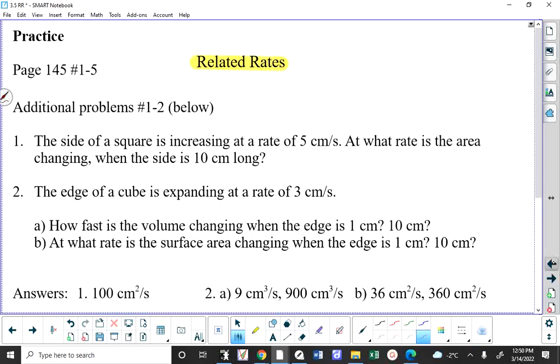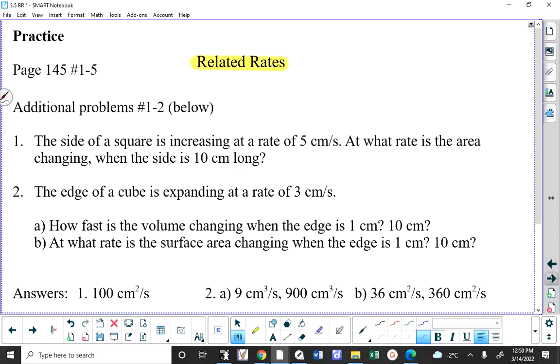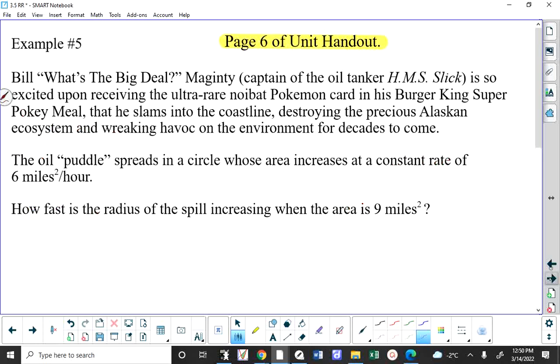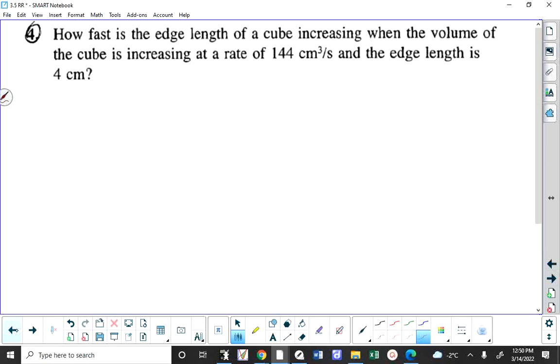That's the second step. The third step says solve the differentiated equation for what we're trying to find. And then below it, it says you're not allowed to put values for the variables until after you differentiate. So in most, I might say in 99% of related rates problems, except for this one, you will find stuff like